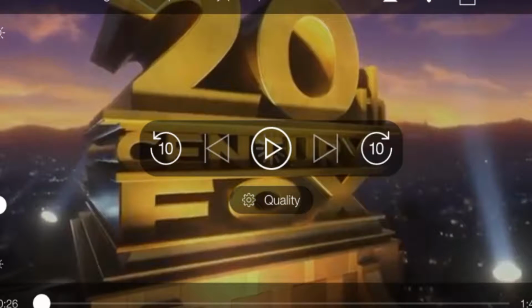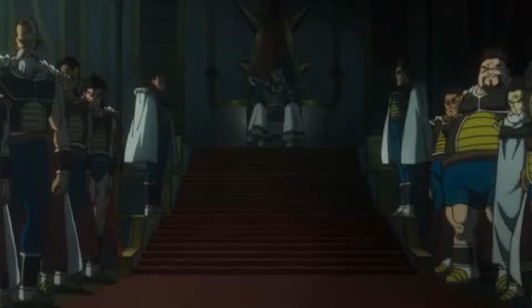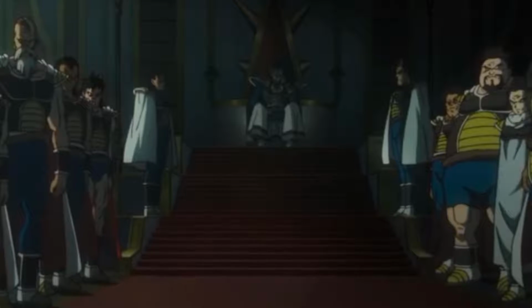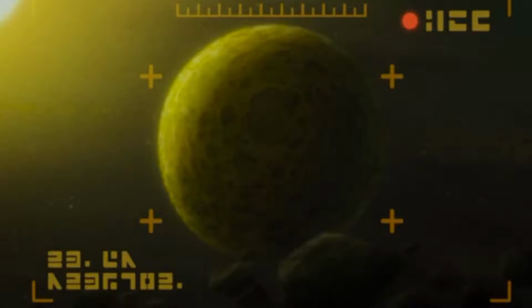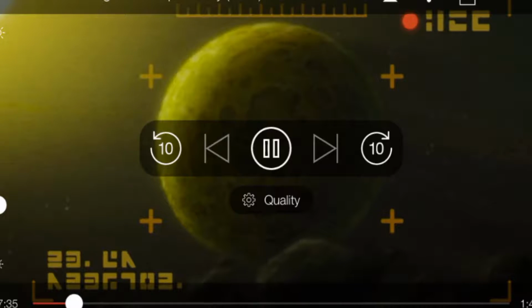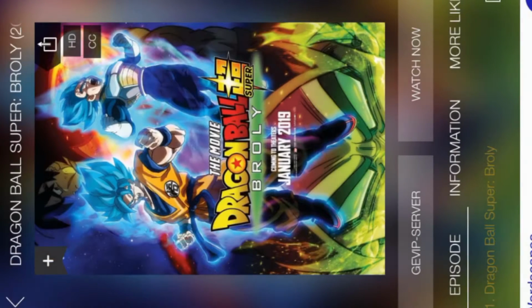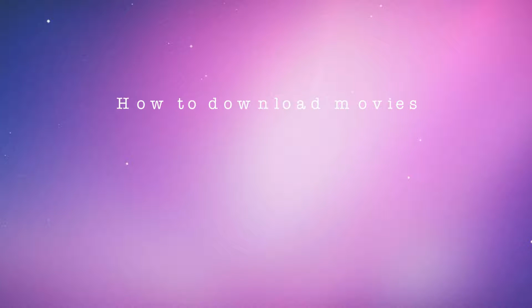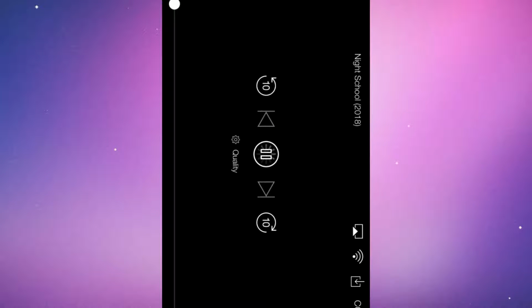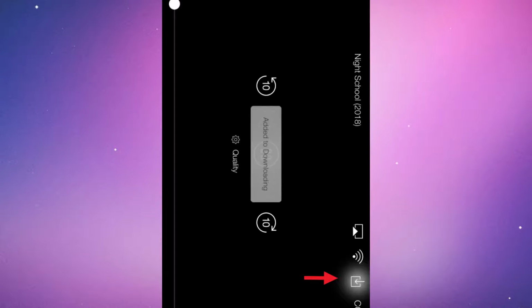I'm gonna skip ahead just to show you that it's actually the full movie. Yep. Next, I'm going to be showing you guys how to download any movie of your choice if you ever wanna watch it offline. And all you're gonna have to do is click on the top right download arrow